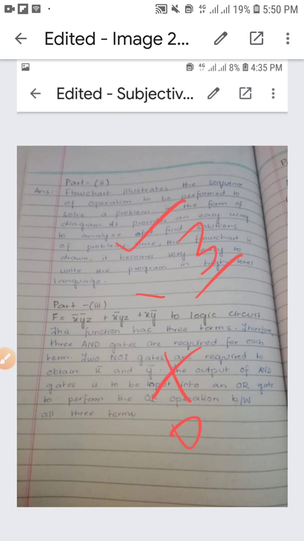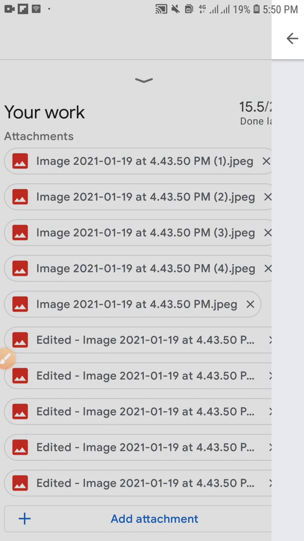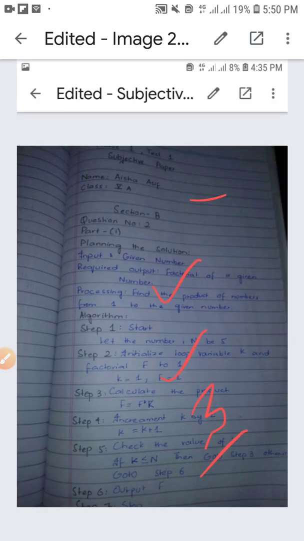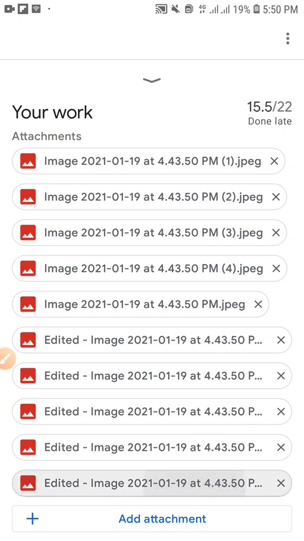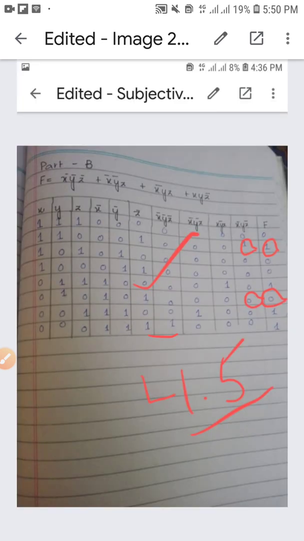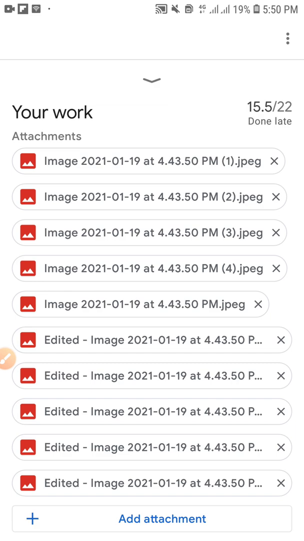In another, one question is wrong, and 3 marks in the short questions. So these are the papers that my teacher has graded and checked, 4.5 marks. If you sum up all the marks, that will be 15.5 marks.